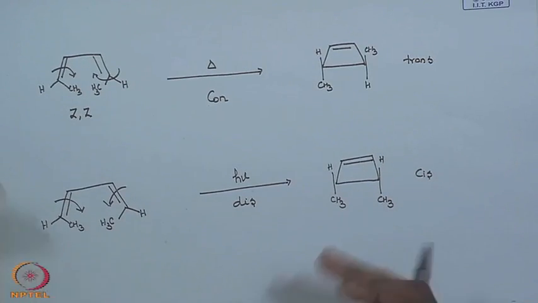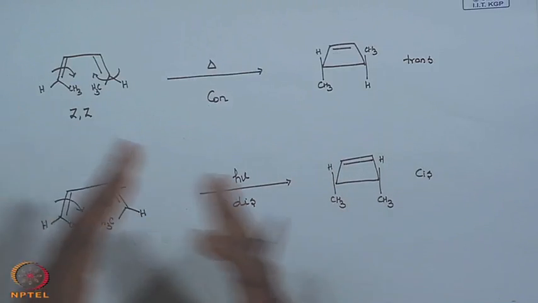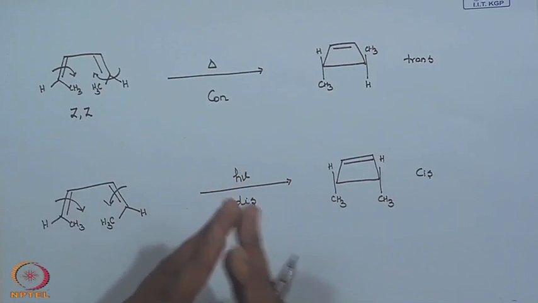If you take both ZE and ZZ, now you can understand how important this cyclization is, and they are very specific. If you take ZE and you heat it, you get cis, you take ZE and you photolyze, you get trans, but the other way around, if you take ZZ and heat, you get trans and the other way cis. So, they are very specific and it gives only the specific product. That is why electrocyclic reactions are very important, because they are highly stereospecific, you get very specific products, clear. So, now we have seen this 4 electron system. Shall we move to the 6 electron system and see what happens there?